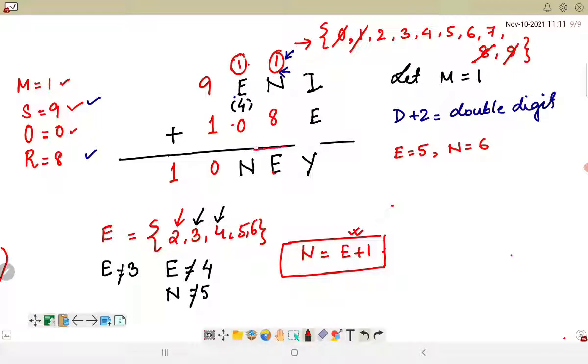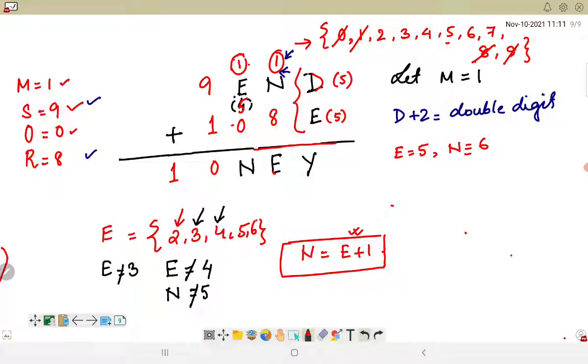Okay, so this is D. Now if E is equal to 5, so this is 5, all right, and then this is 5. So 5 plus 1 is equal to 6. We already found out that value, N is equal to 6. So if I am considering only this particular value now, if E is equal to 5, then D, if I am considering it as 4, then it is not possible because it will not produce any carry.